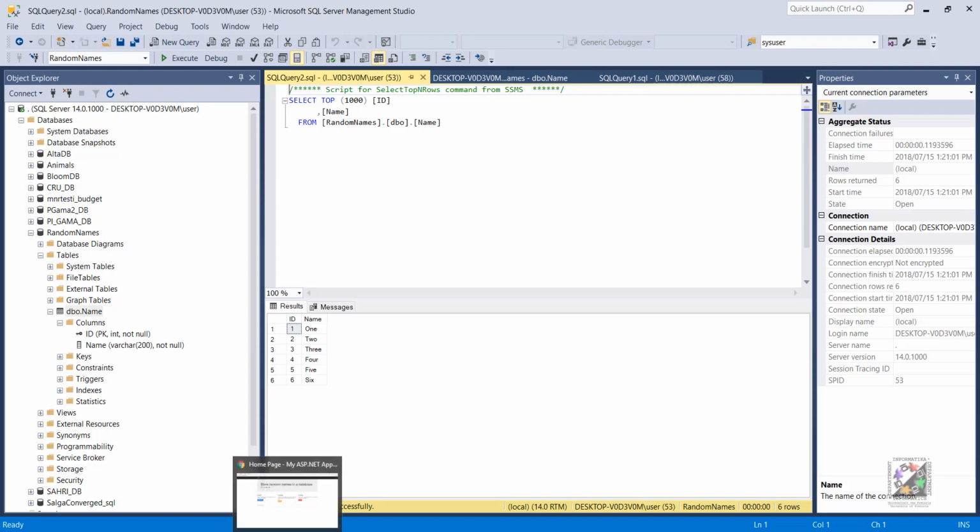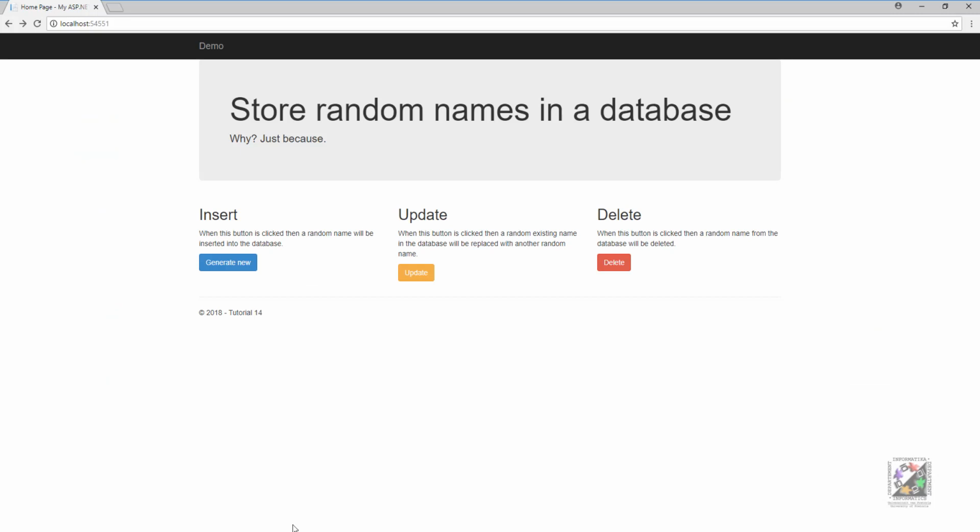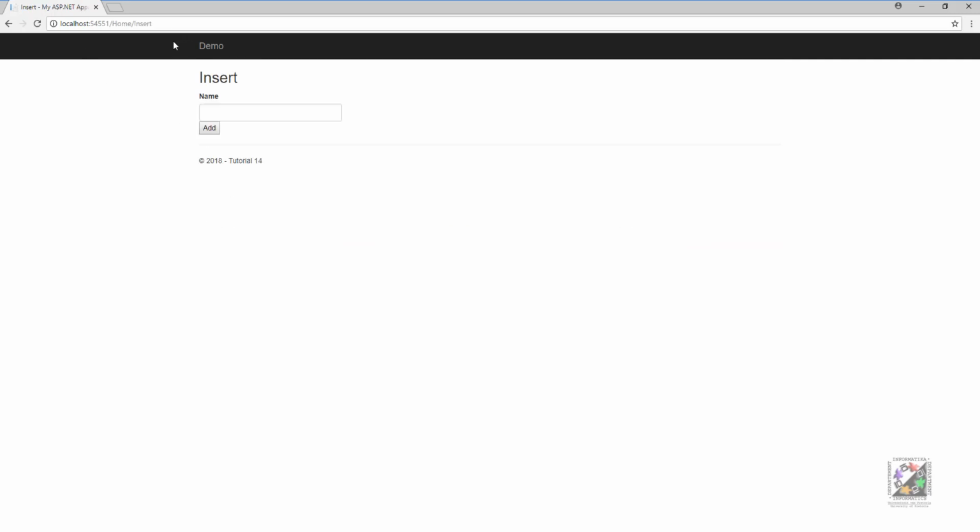Right, so back to our application. What I want us to create today is an MVC web application interacting with a database. So we're not going to be reading any data today. In this tutorial, I'll just be focusing on insert, update, and delete interactions with the database. So when we click on generate new, then it goes to the insert page,